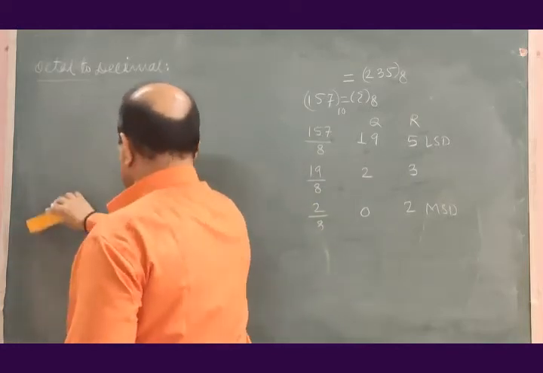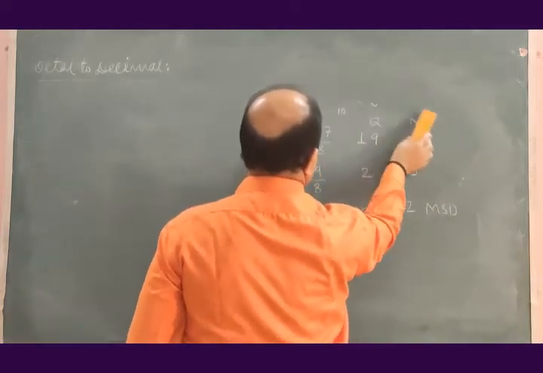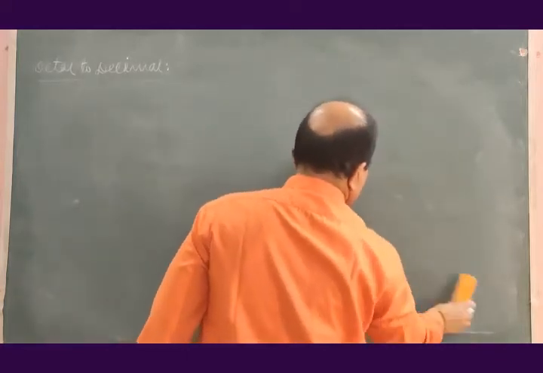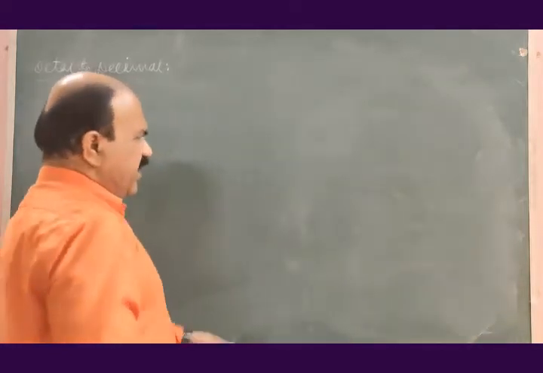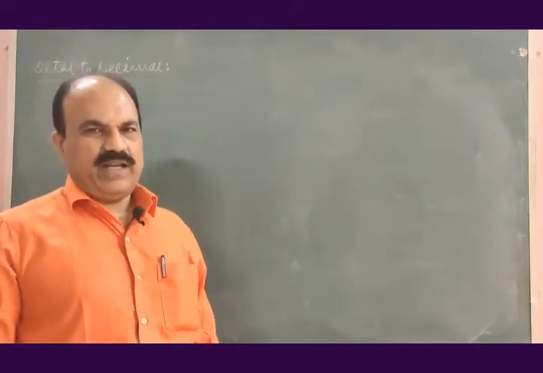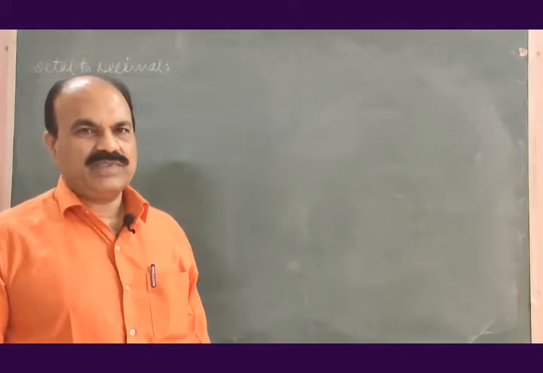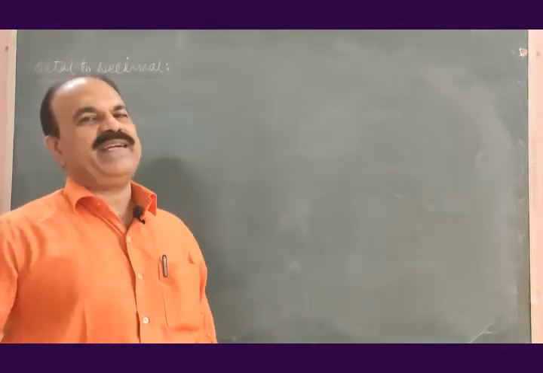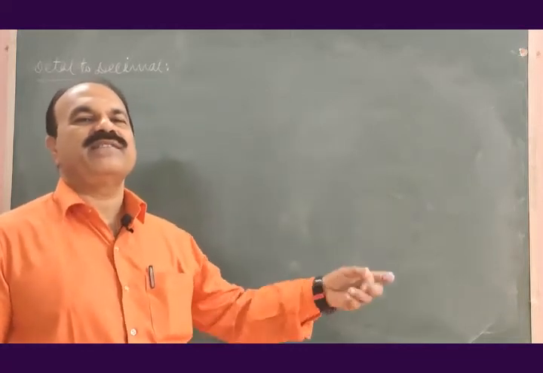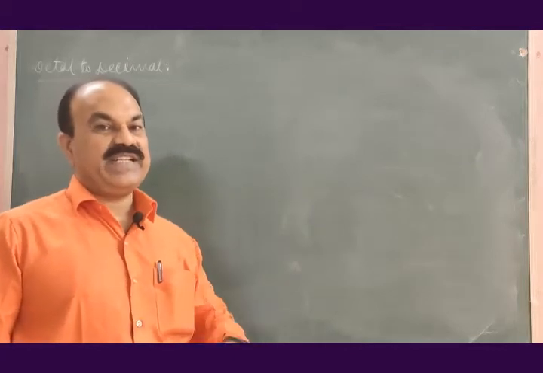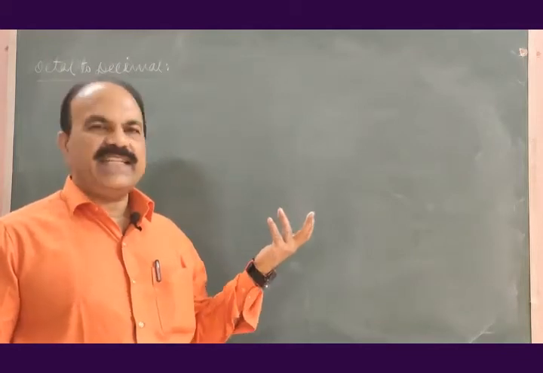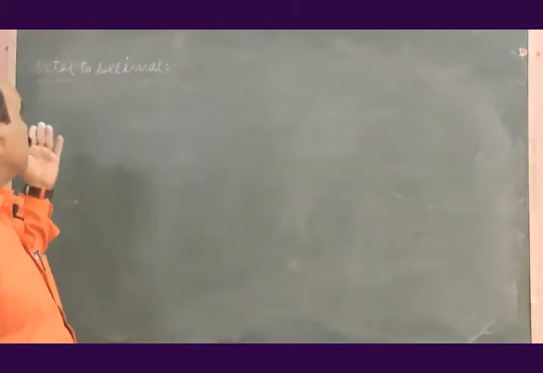The method used here is the sum of weights method. Here I have given examples of the integral part only. You can also go for the fractional part. While going for the fractional part, what you have to do? Instead of dividing by 8, you have to multiply by 8. And it should be continued till you get the fractional part in the final step. As we did in earlier methods, while converting decimal to binary. Now, octal to decimal.